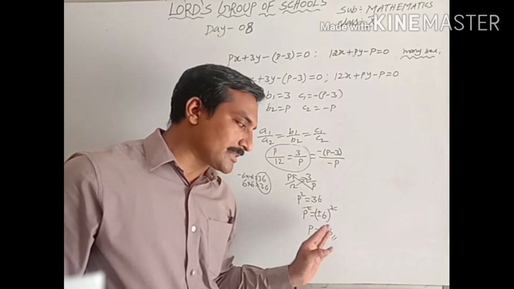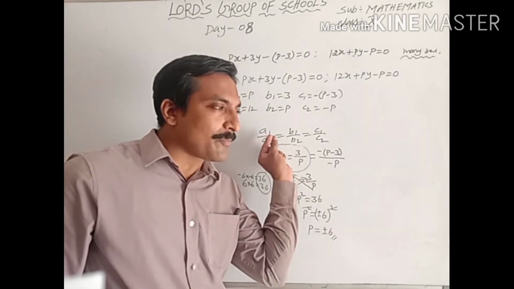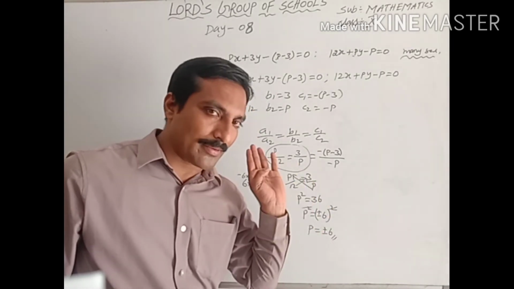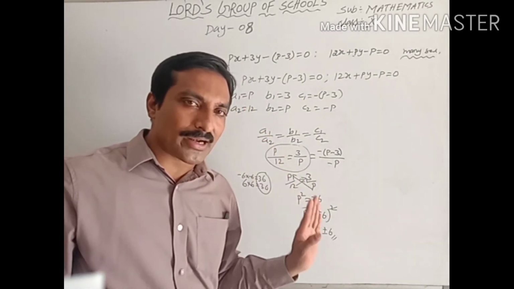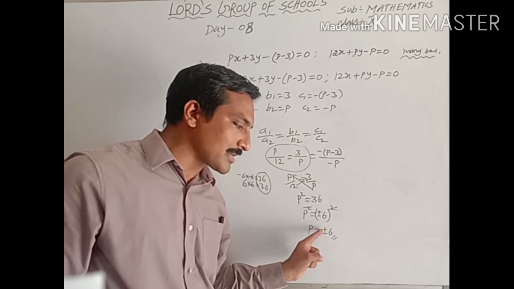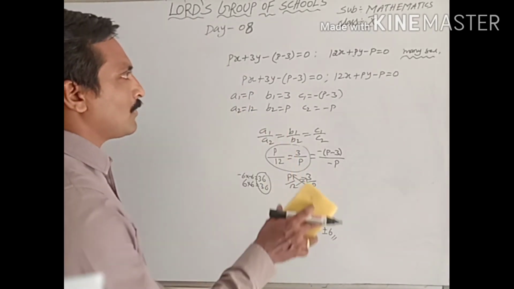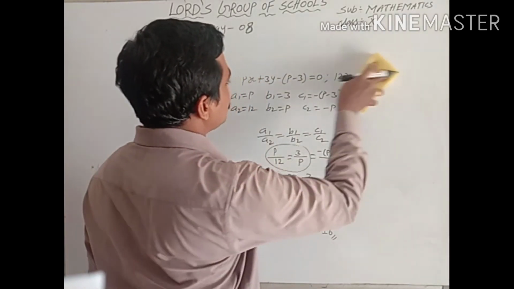In some cases of this type of question, if it asks for the positive p value, you take only the positive number. If it is not mentioned whether positive or negative, then you must consider the p value as both plus 6 and minus 6. This is the model. Next comes to